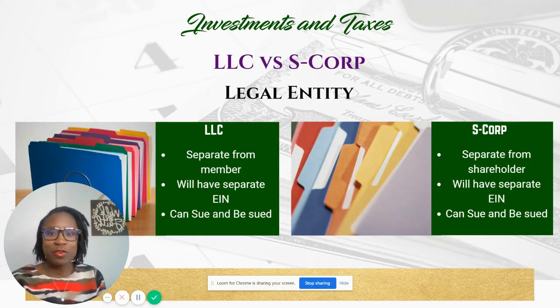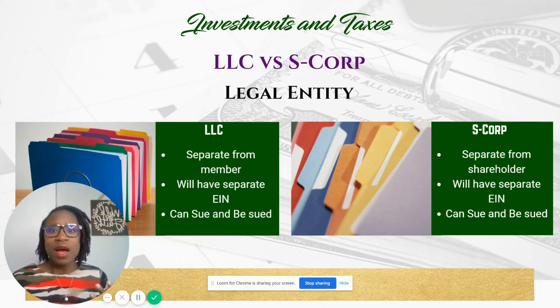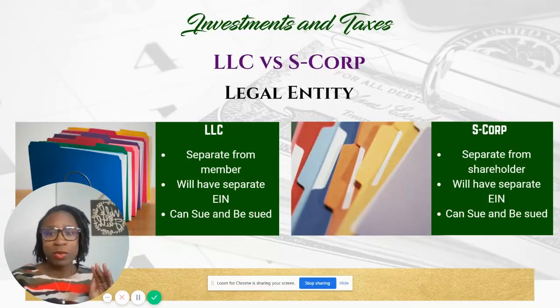And so for the legal entity structure, the purpose of setting up a legal entity is to separate yourself from the business. So I'm not going to be talking about the sole proprietor part because with the sole proprietor, you're able to operate your business, but it's, as it says, a sole proprietor. So it's under you, you're the sole owner of it, and everything that you do from the business is going to pass through to you because you're doing it in your own name. So I'm talking about when you actually create a separate entity, you create this legal entity, you're going to get an EIN number, you're going to file the proper reports, the proper paperwork with your state so that you're able to separate the entity from yourself.